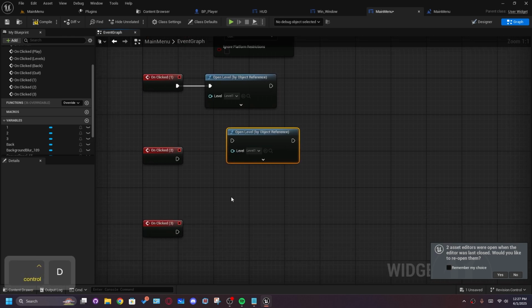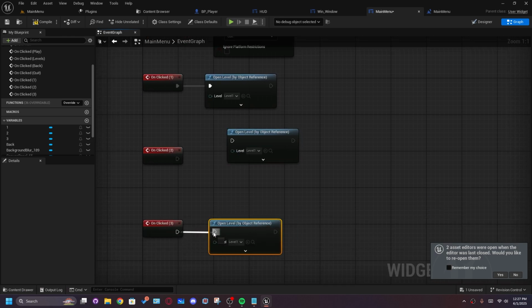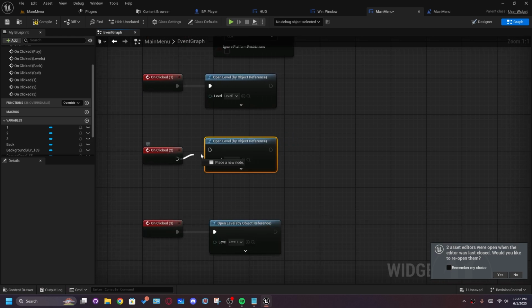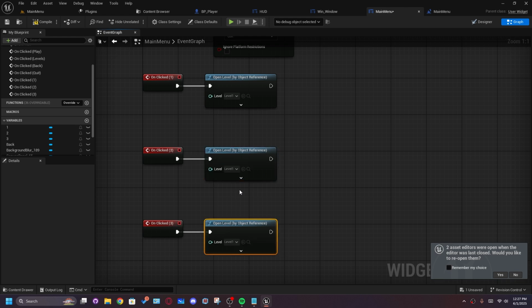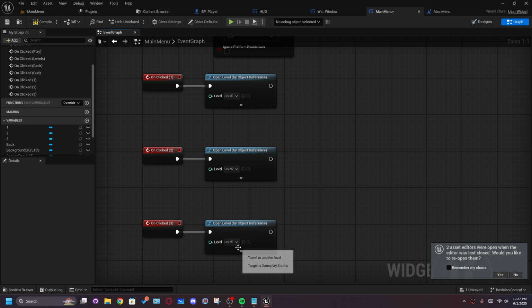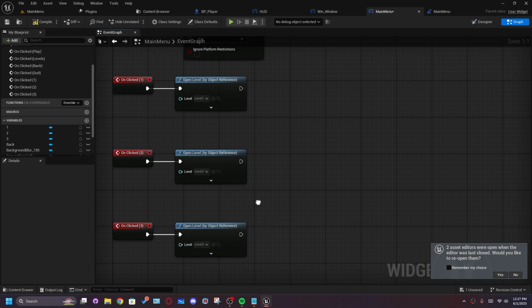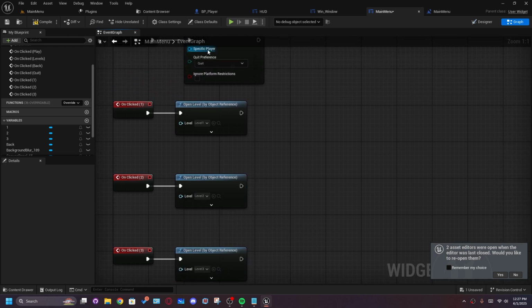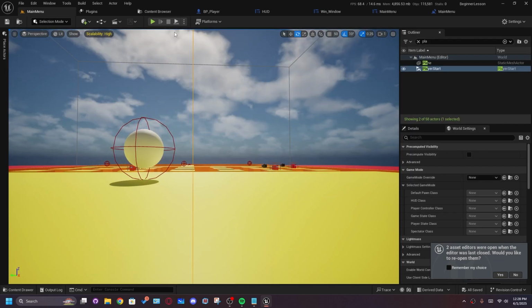Then going to open level 2 here and 3 here. Level 2 and then level 3. Okay, so now that the main menu is done, if you open it up,